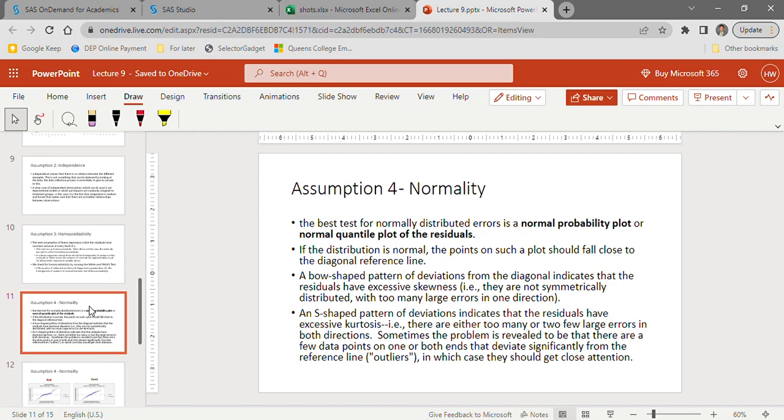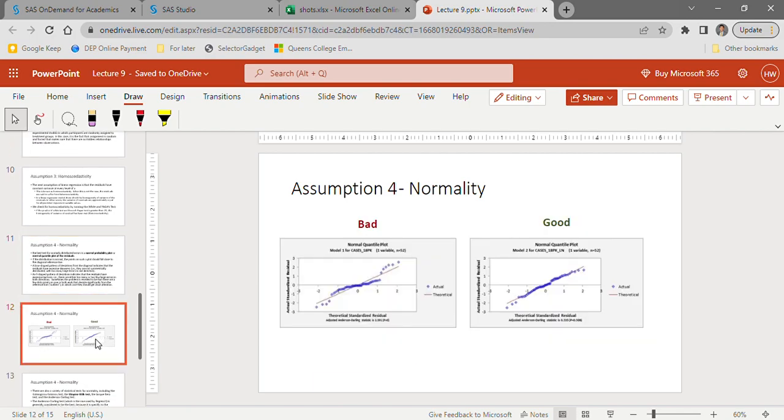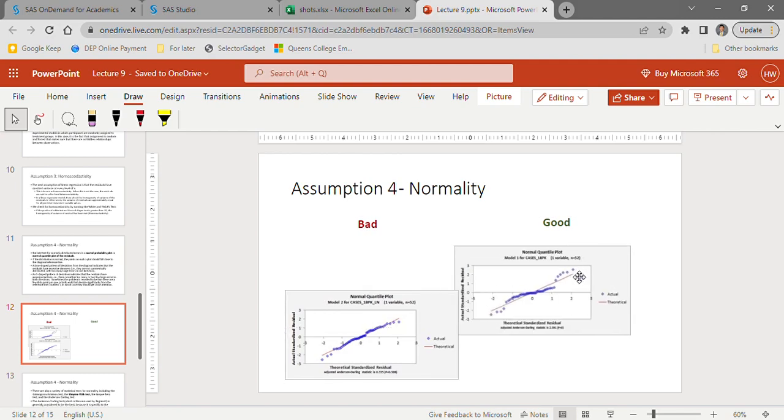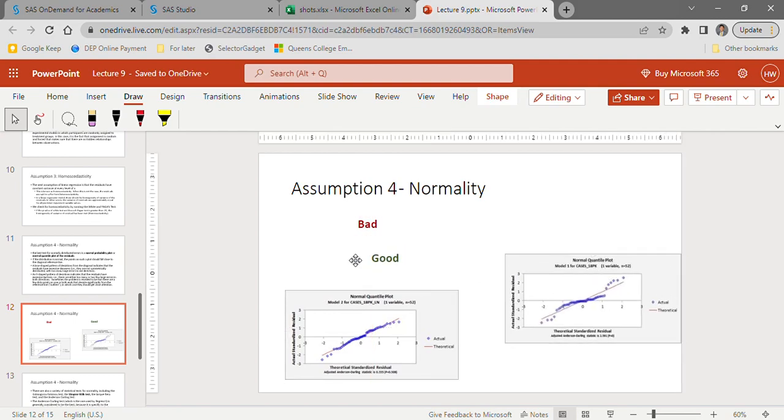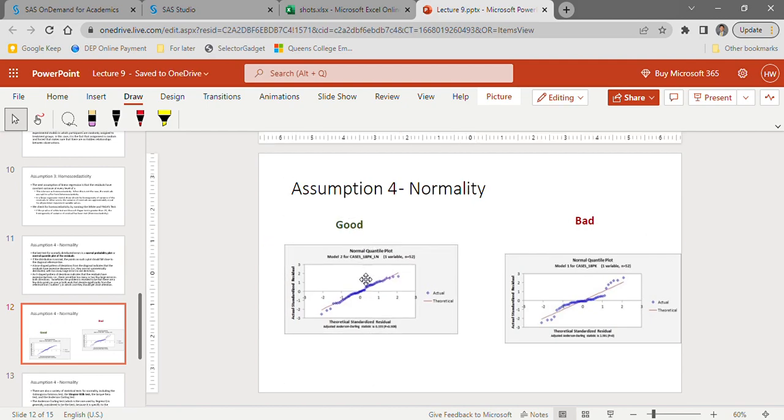Again, just know the assumption. We're going to go into depth on this one, but just to give you a sneak peek of what we are looking for, it's curious that I have bad and good reversed. I should have good on this side, and then bad on the other side. So here we go. You'll notice that for good normality, we have a reference line and all the